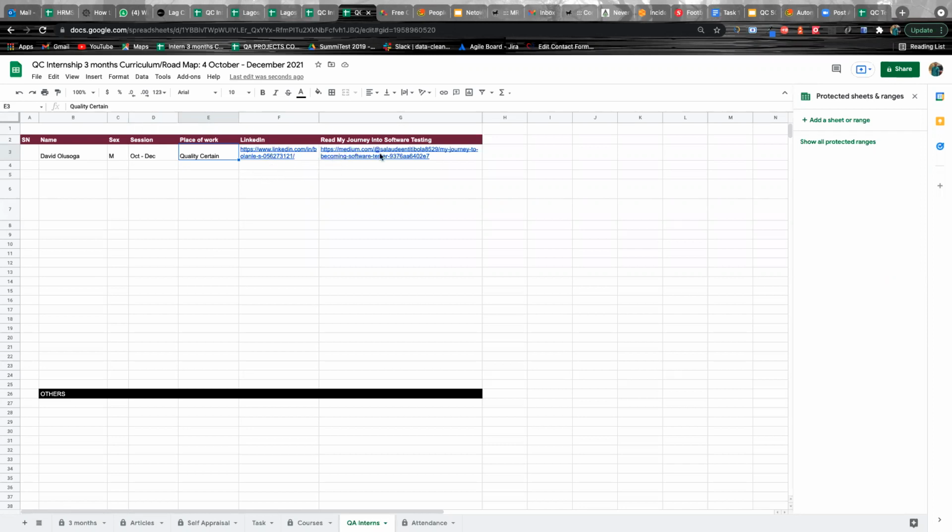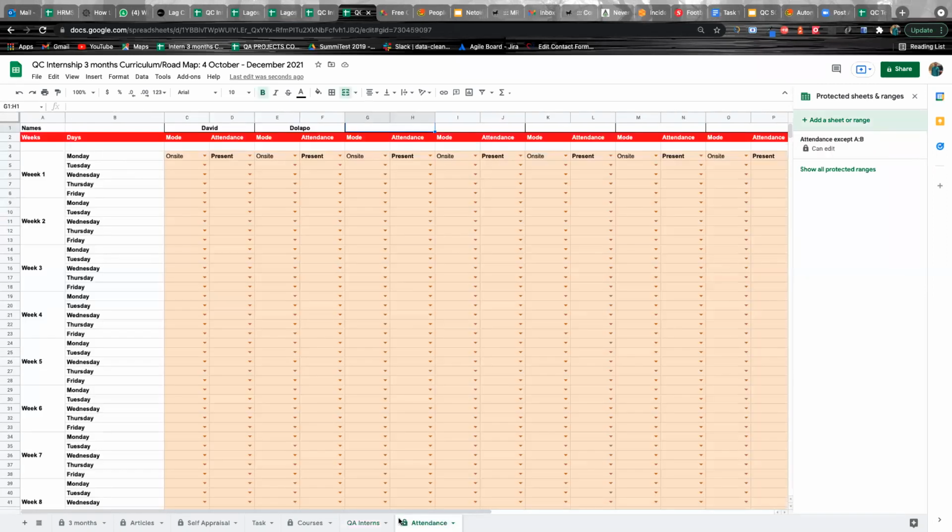Then we will teach you how to create a Medium account and give a story of your software internship journey. And the most important thing, which I'm very curious about, is the attendance. Attendance is mandatory, very, very mandatory for everybody.